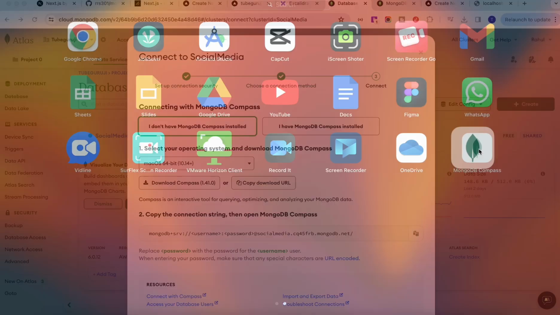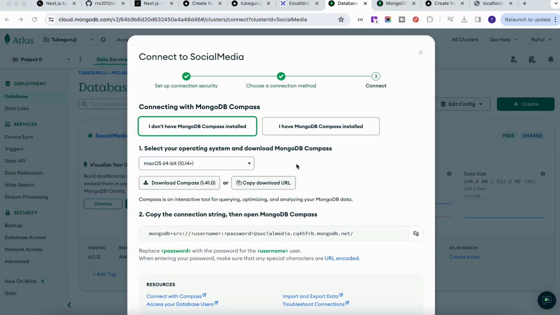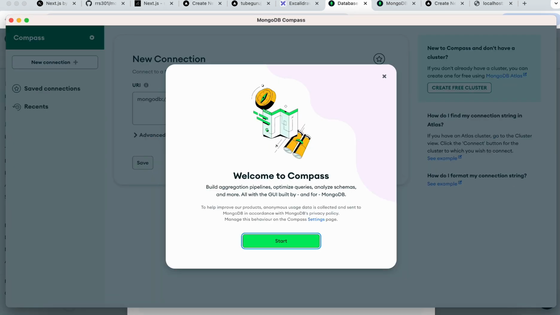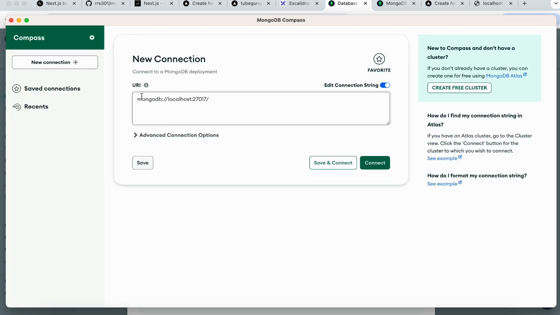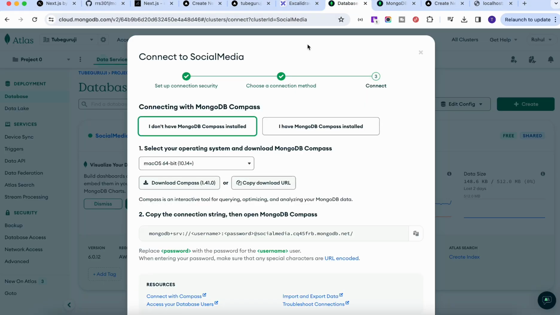And if you see, we have this MongoDB Compass. Just open that particular application. Let's wait, it's still loading, and our application is open. Now close this window, and here you have to add the connection to your actual database. If I go here, you will see this particular connection URL, so copy this connection URL